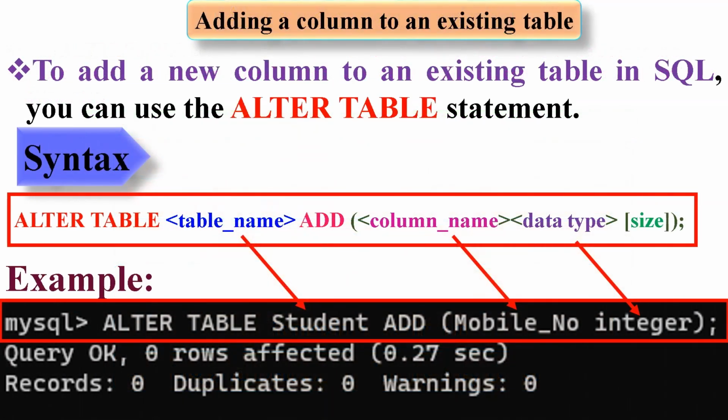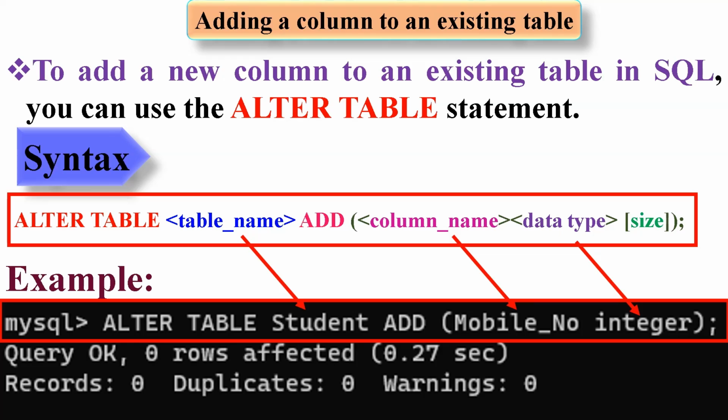Let's learn how to add a column to an existing table. To add a new column to an existing table in SQL, you can use the alter table statement. Once a table has been created, new columns can be added later on if required. The new column is added with null values for all the records or rows in the table. The syntax is: alter table table_name add column_name data type(size);